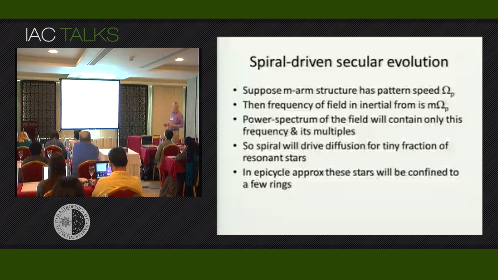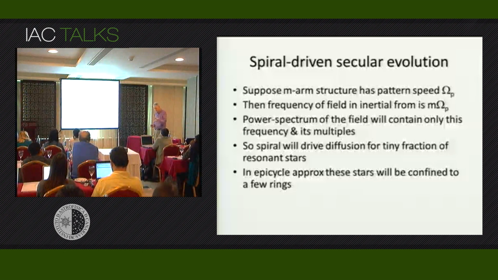Okay, so now let's imagine we've got an m-armed spiral structure. So there might be 2, it might be 4, it might be whatever number you like. So a small number of arms, spiral structure. And let's suppose it has a definite pattern speed, omega p. So there is some pattern which is rotating at a steady rate, omega p. Then